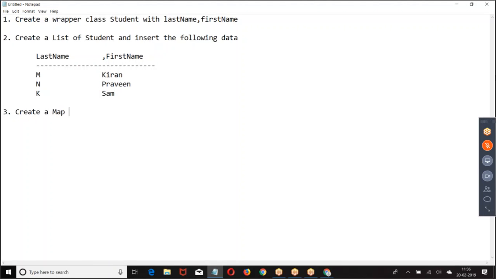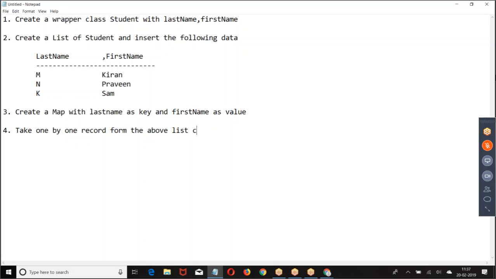Create a map with last name as a key. Take one by one record from the above list and create data in the map. Start doing it step by step.